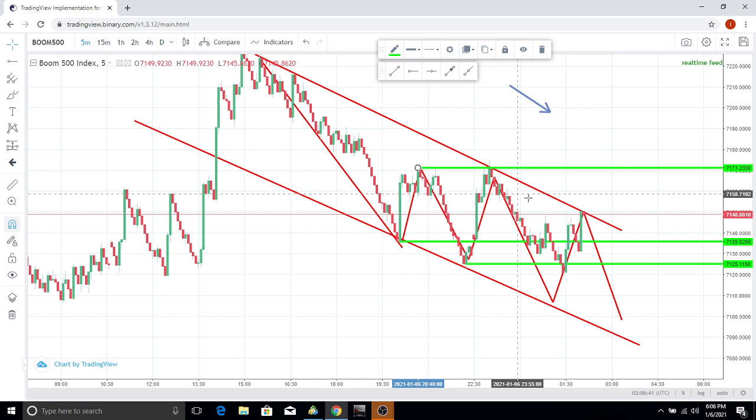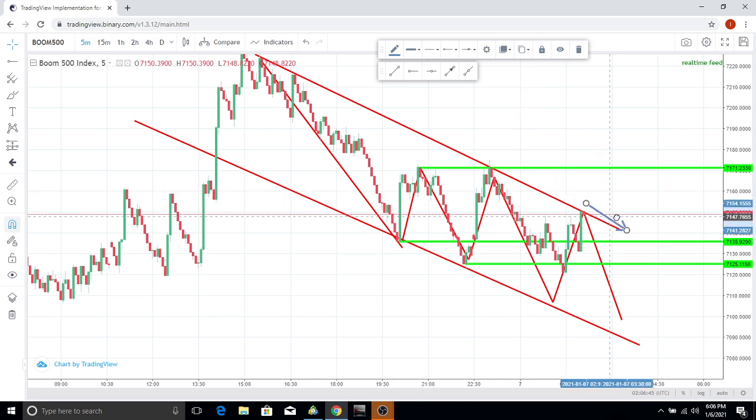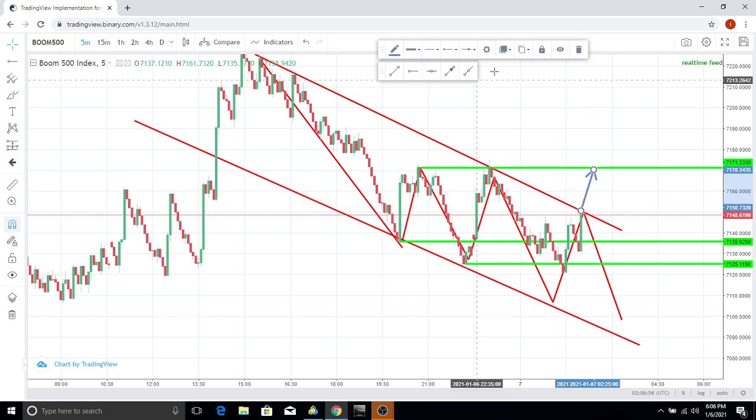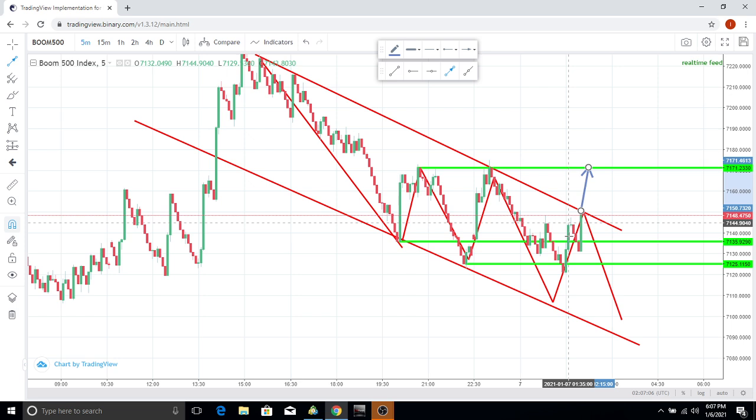If it should break out, let me assume it breaks out of this place, I will expect it to break out and come to this point. If it happens this way, I will expect another move down. If it breaks out of this trend line, I will expect it to come down again to this trend line,